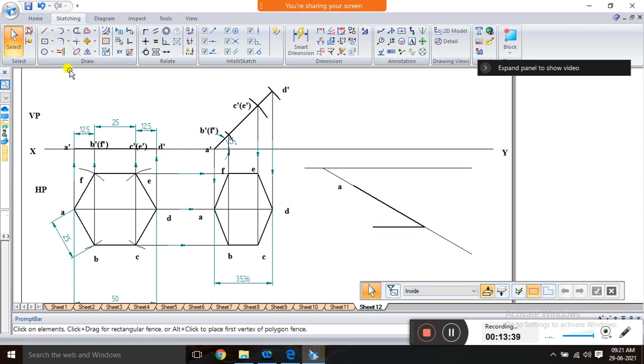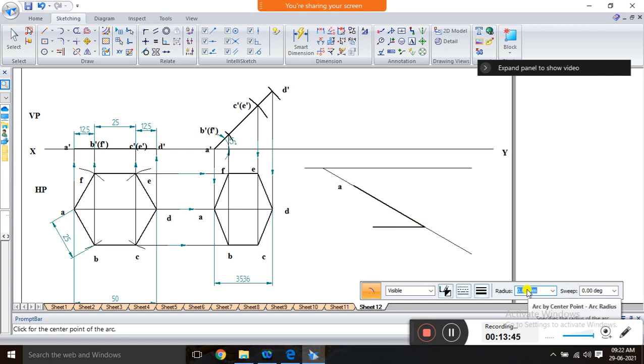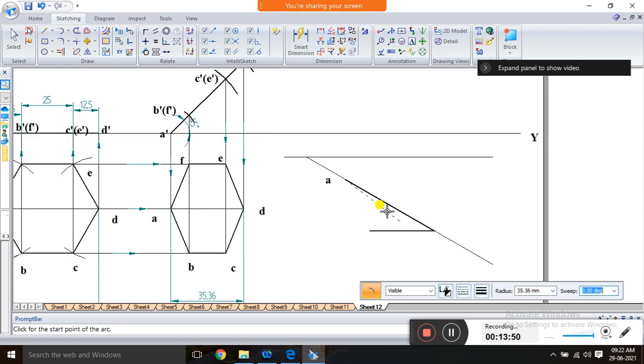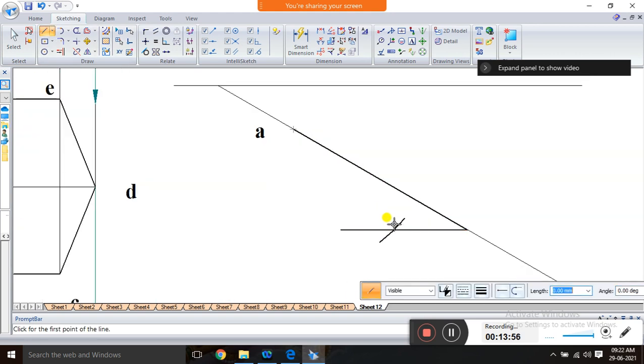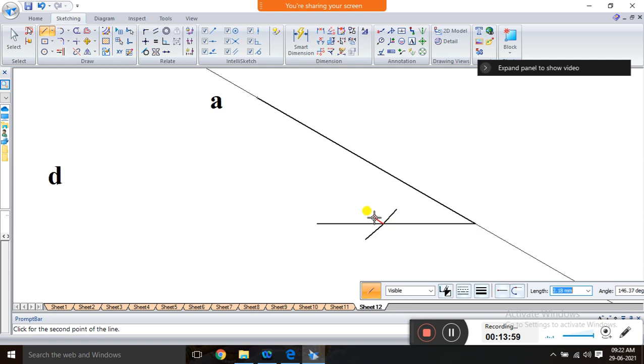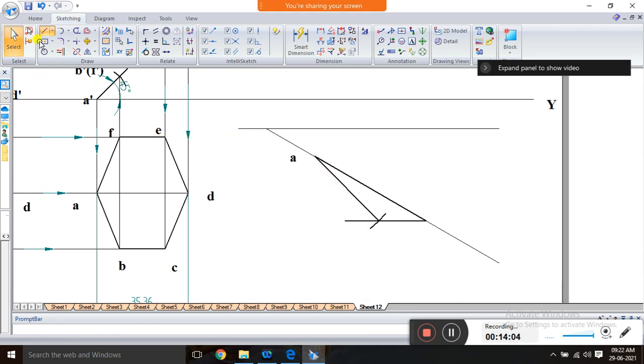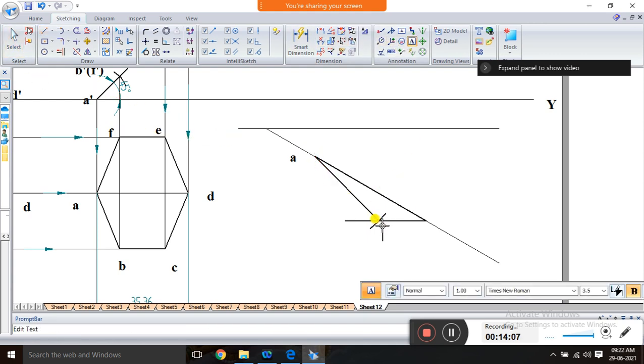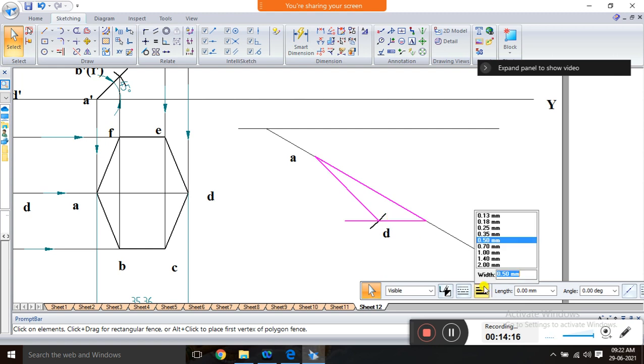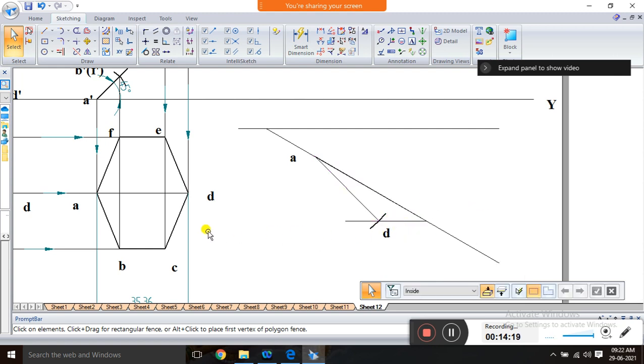Then take the compass and stretch up to 35.36 length. Then place it on A and draw the arc. Then we got one intersection point. On that intersection point you just use the scale and join up to A. Now this point will become D. Clear? And you have to measure all these lines. These should be very thin lines, not thick lines.